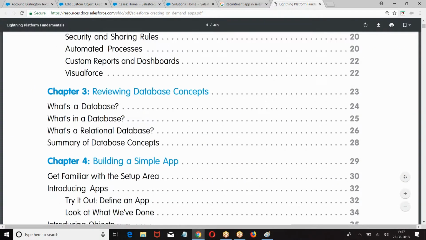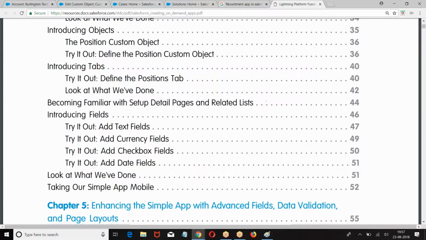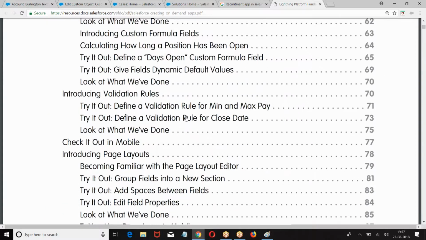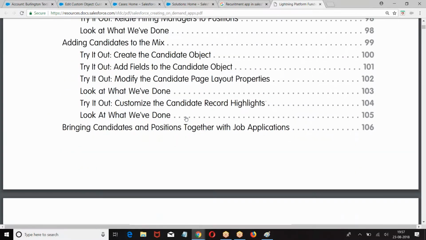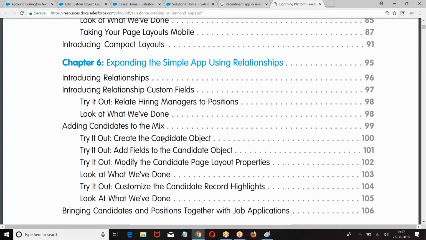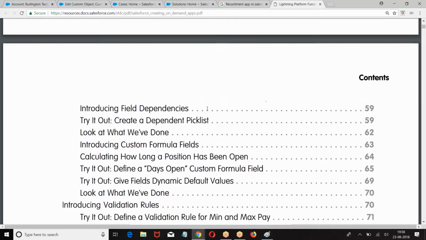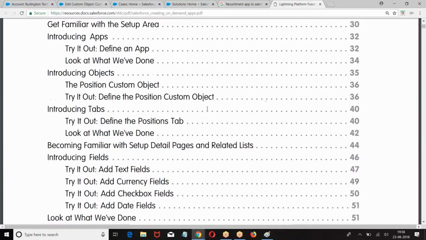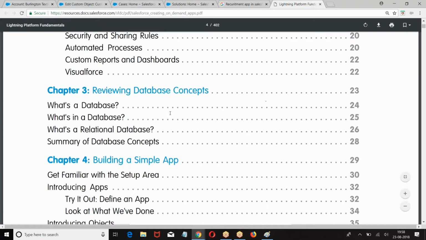Whatever topics I'm covering, along with those topics, just complete these projects. Try to complete this exercise along with whatever topics I'm doing.